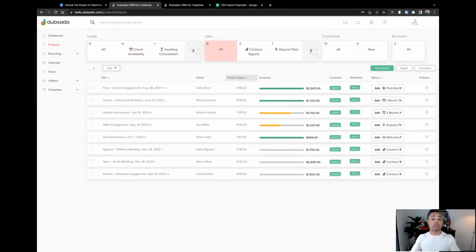The first thing that we'll talk about before we dive in a little bit further is the difference between leads and jobs. This is very important and is going to be important when we talk about exporting with the CSV feature. So jobs, you can see I'm in the job section here. These should all be projects that have booked with me, meaning that they've signed a contract with me. Maybe they've paid a deposit or they've made a full payment. However, you as a business owner would say, okay, I consider this client booked. Those projects should be over here in the jobs area.